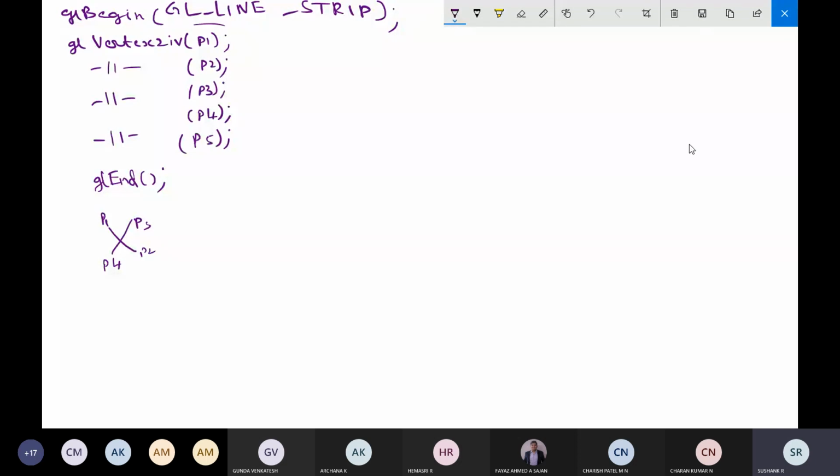So that is the difference between the first one, GL_LINES, and GL_LINE_STRIP. It will display the sequence of connected lines between the first endpoint in the list and the last endpoint in the list.